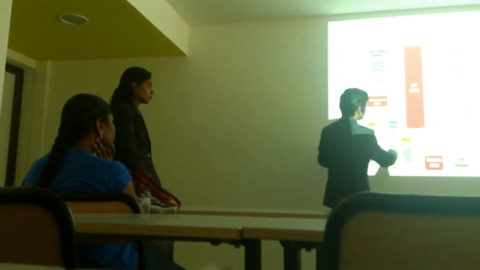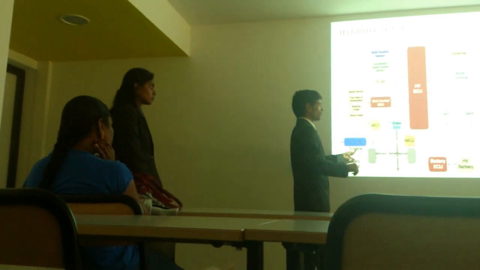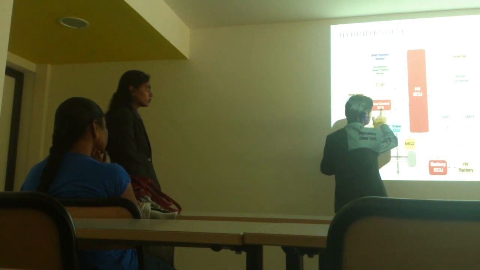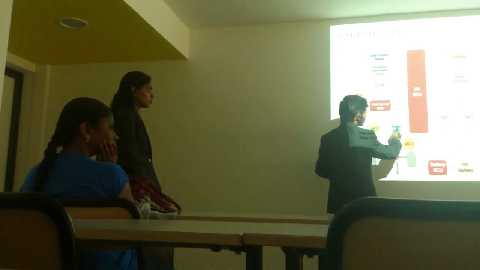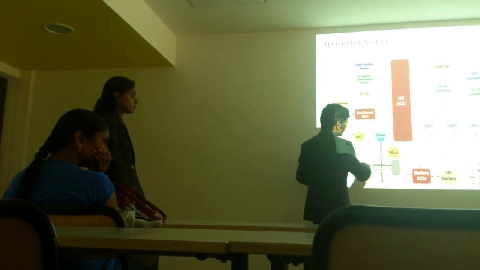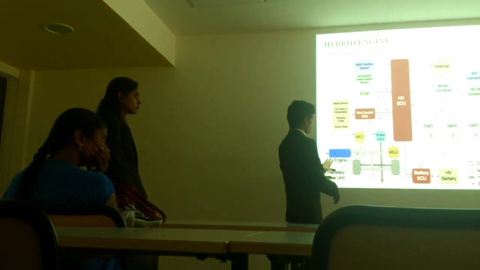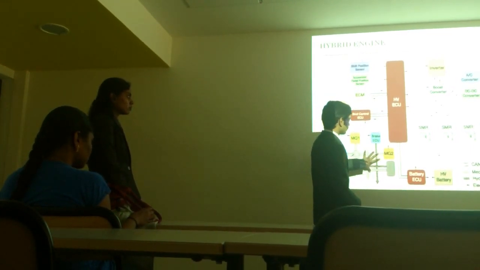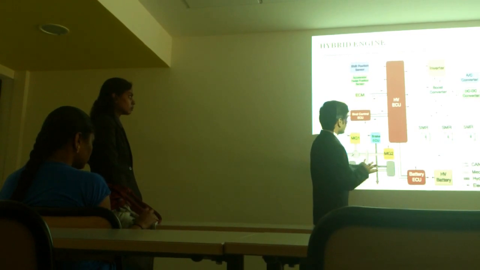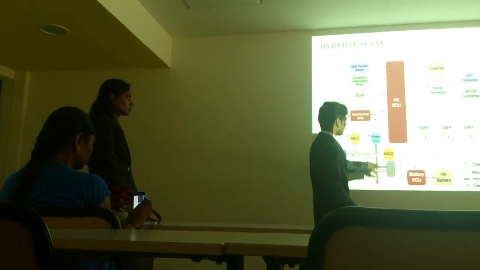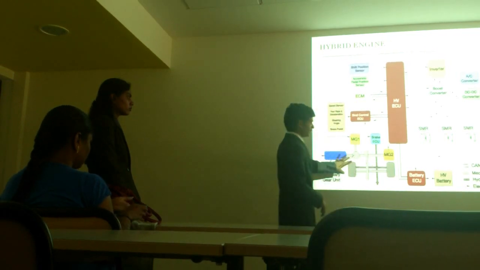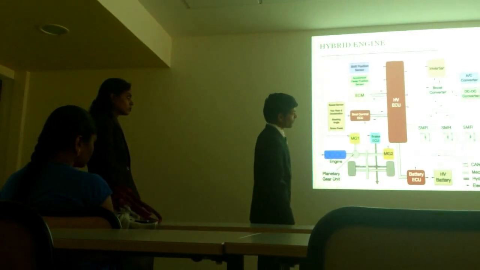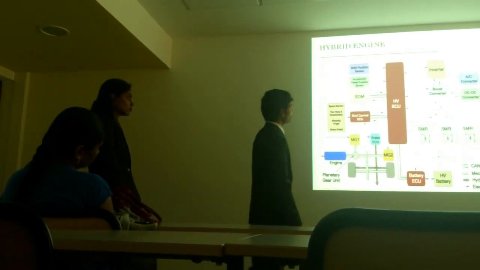And whenever we are going to turn off our engine, the control ECU gives a signal to the brake ECU, which tells the mechanical part of the engine inside our hybrid engine, using the hydraulic part, which will brake the mechanical or electronic circuitry inside the engine. That is the working of our hybrid engine.